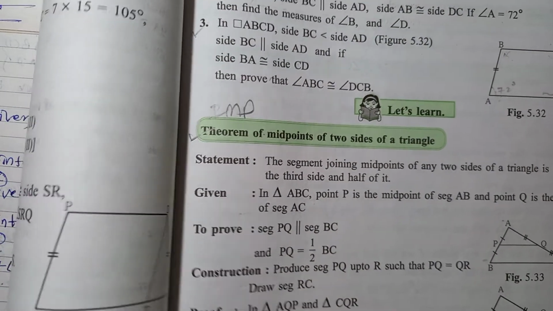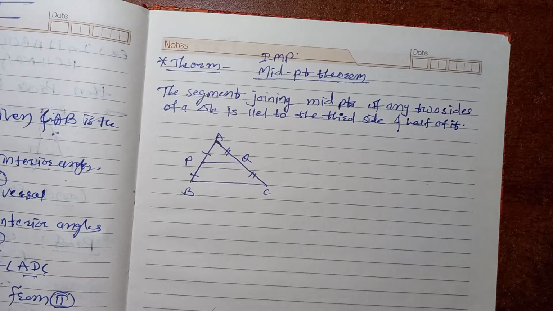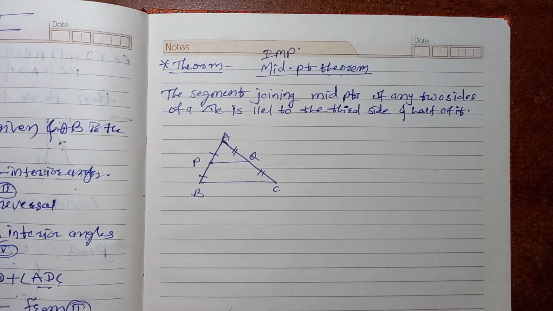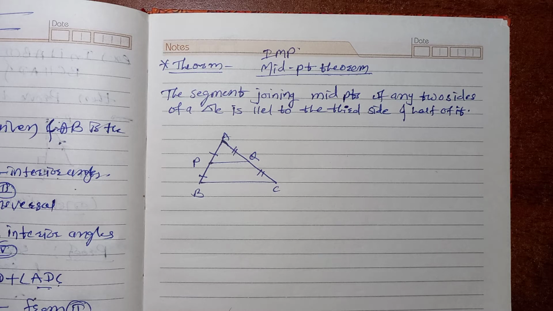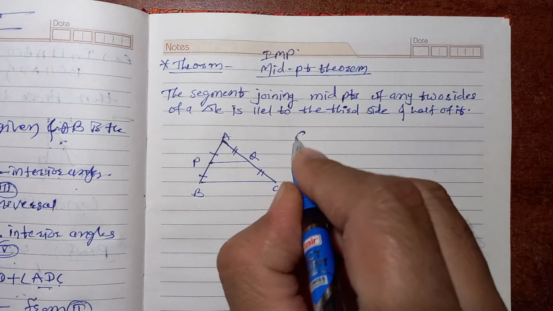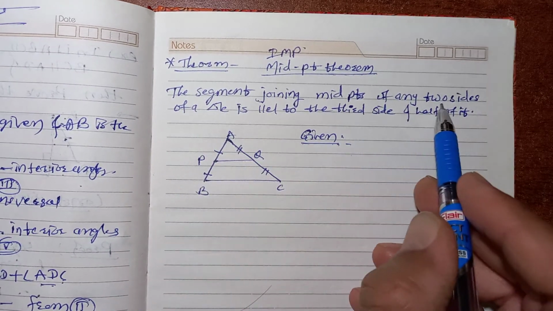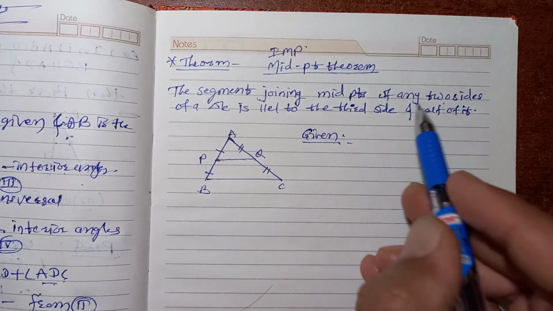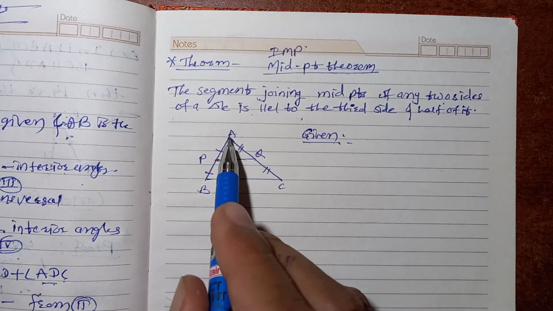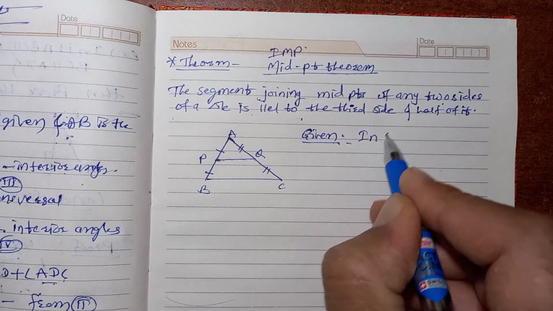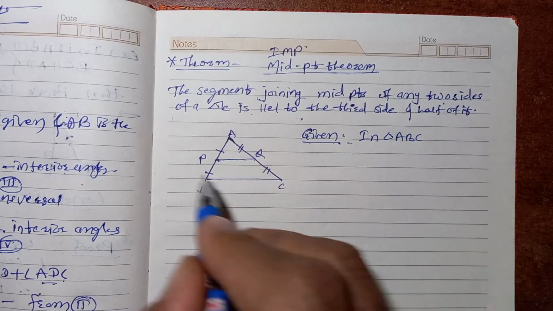The next one we have to see the very important theorem, that is midpoint theorem. So we will see the proof directly. Now see here. Here I have drawn the diagram. So you have to also draw this one, but using pencil. Now here, what is the statement? Using the statement you have to write given thing and proof, and if construction required, then write the construction. See the proof how to write. What is the statement? The segment joining midpoint of any two sides of triangle. This is given. Means in triangle ABC, using this statement and diagram you have to write this one.